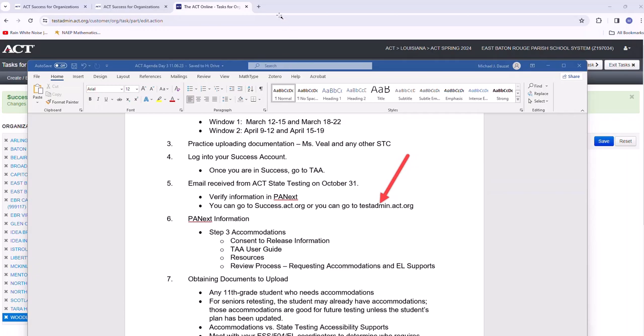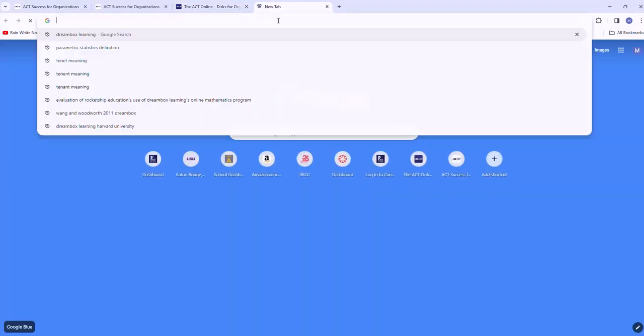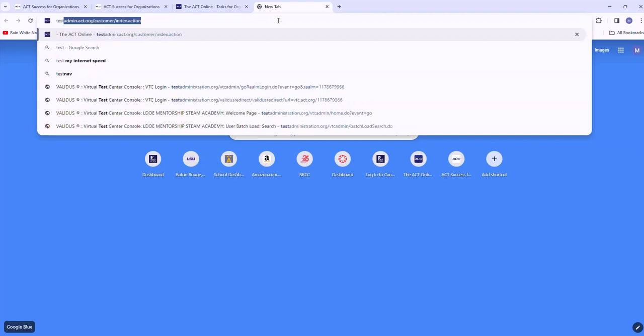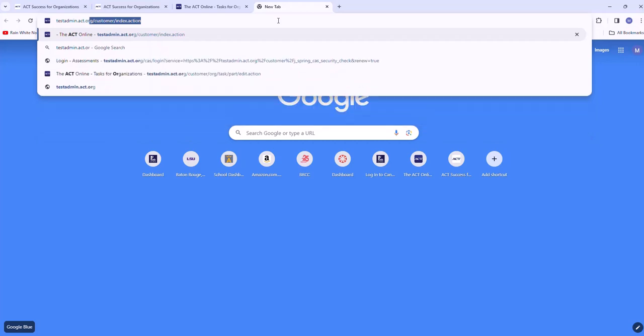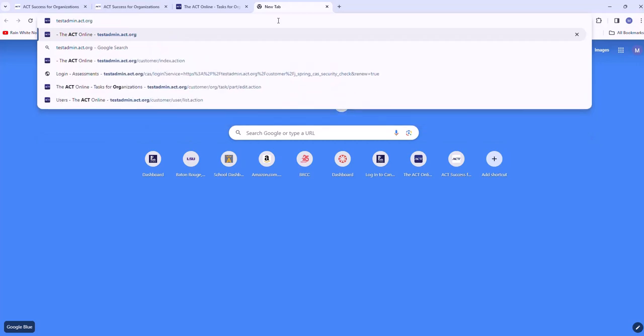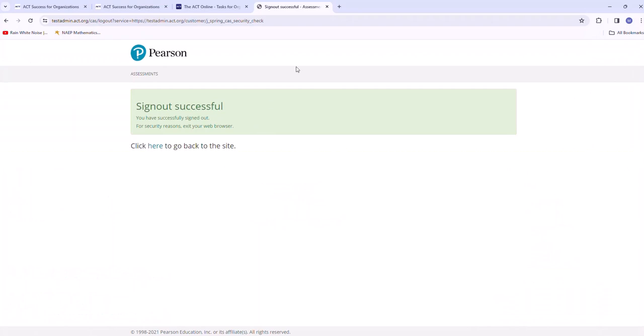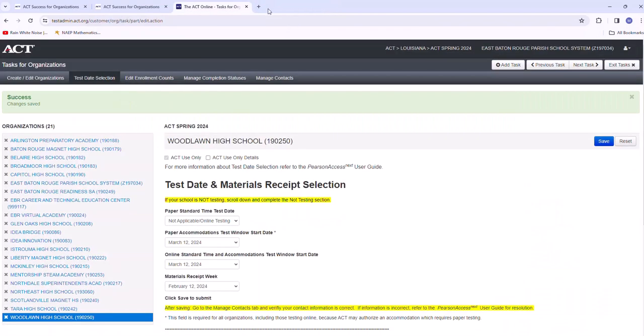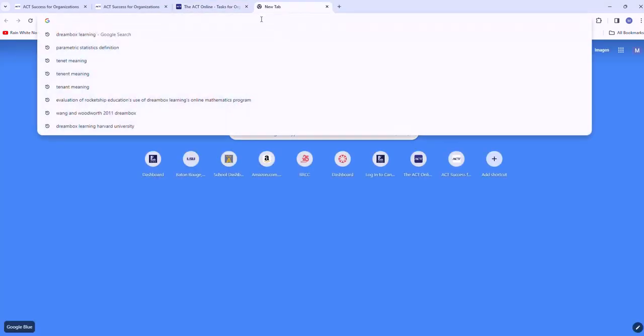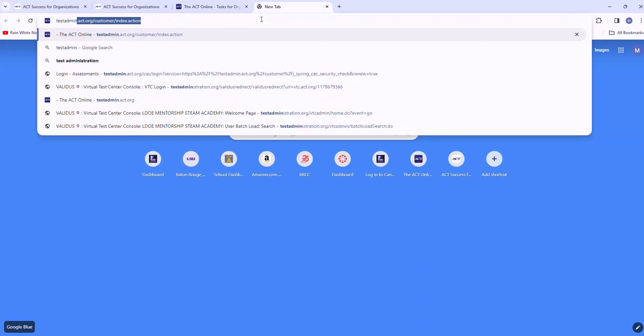So for example, you're going to go to testadmin.act.org. Just type it in like that and press enter. Let me go ahead and log out, just to show you what I want you to do. Okay, so let's do this again. You can go to testadmin.act.org.